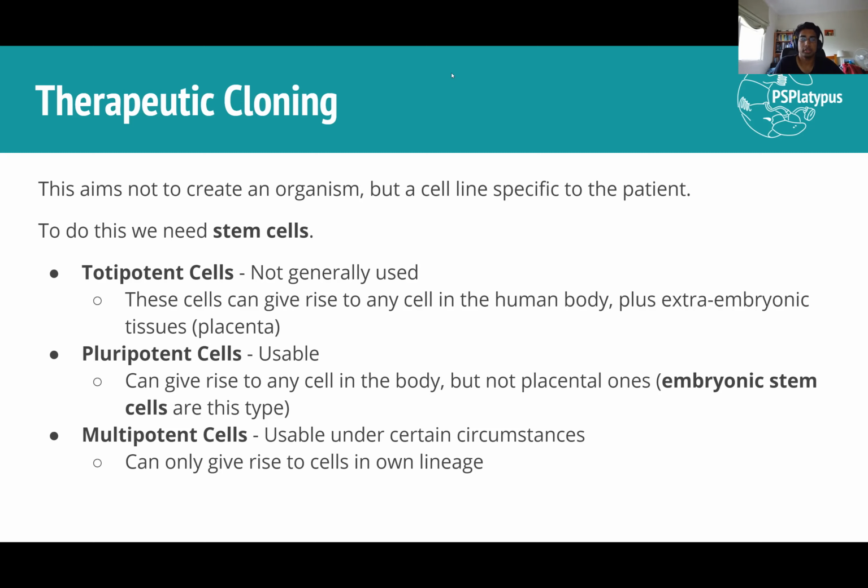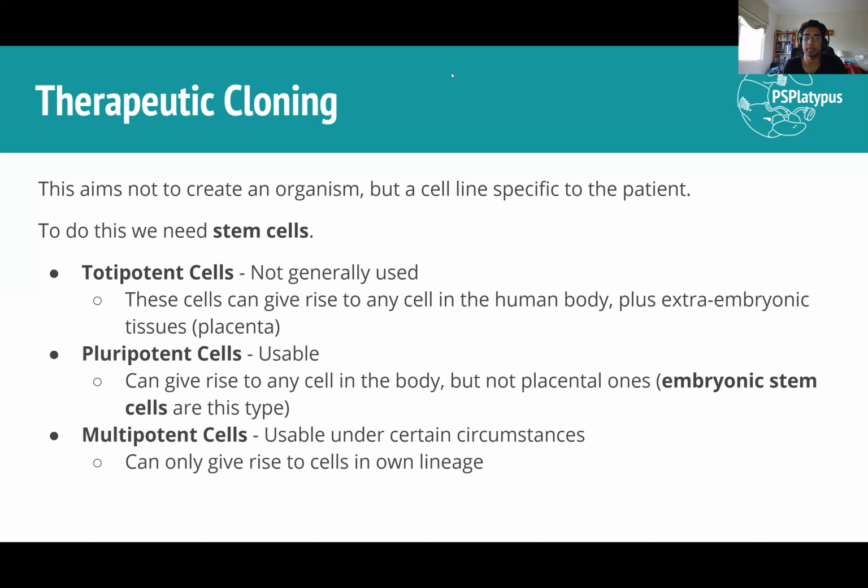So we don't usually use totipotent cells because we don't need those extra embryonic tissues. We're not trying to make a baby, we're trying to make usually organs or specialized tissues for the patient. So pluripotent does pretty fine for us. We also have multipotent cells. So these can be usable if we convert them later, but we can't use them straight because they can only give rise to cells in their own little category. We want to have cells which are able to make a wide variety of things